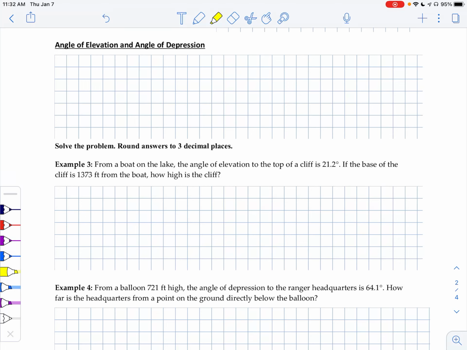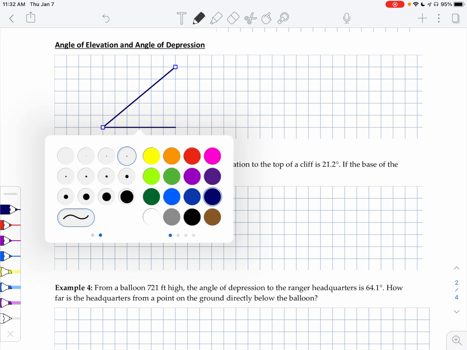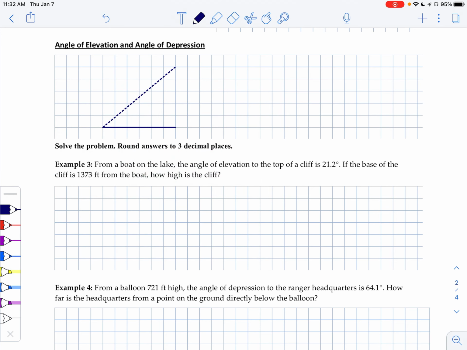All right, so let's go ahead and start looking at some applications with these right triangles. The first thing I want to show you guys is this idea of angle of elevation versus angle of depression. Let me draw you a little diagram here to help explain what this is. Let me make that dotted. First of all, if we're talking about angle of elevation, this is essentially just the angle from